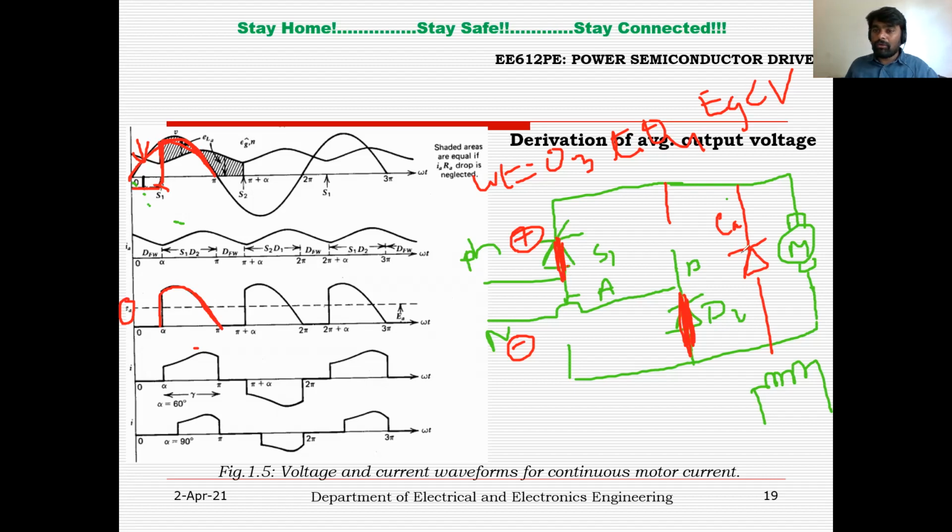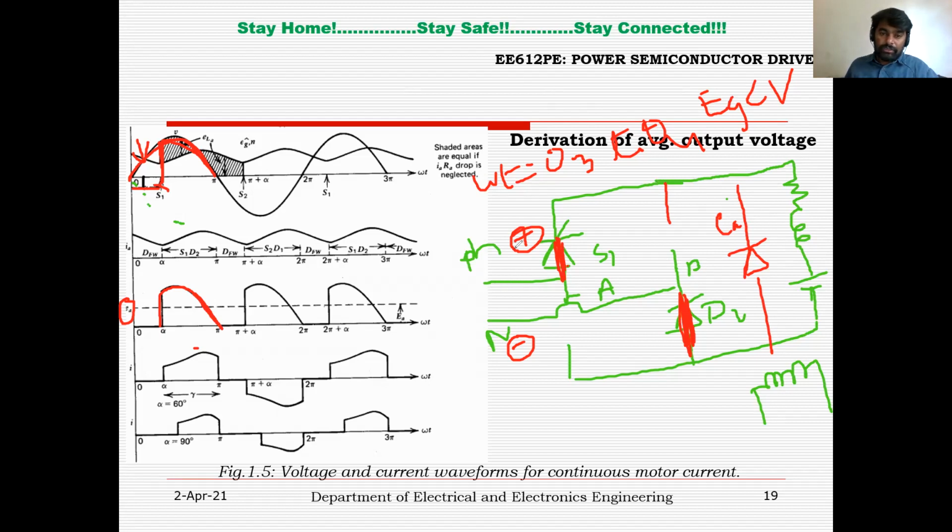Now you may have one doubt: what is the purpose of this freewheeling diode? Let me go to the electrical equivalent circuit of this DC motor. If you draw the electrical equivalent circuit, it will have resistance, inductance, and back EMF. So when S1 and D1 are in conduction state, let me draw the current wave,